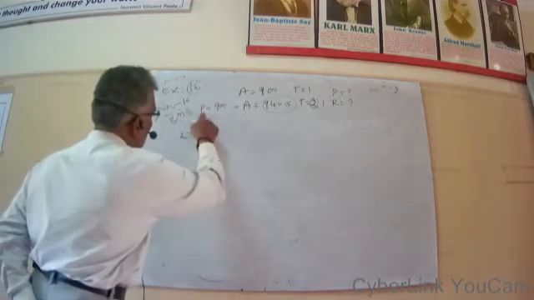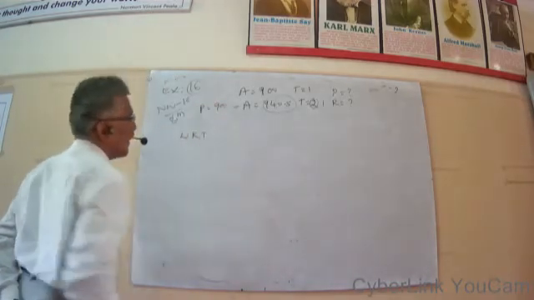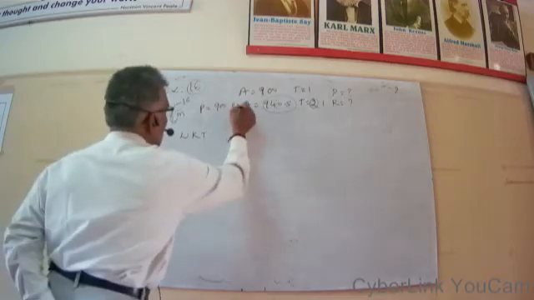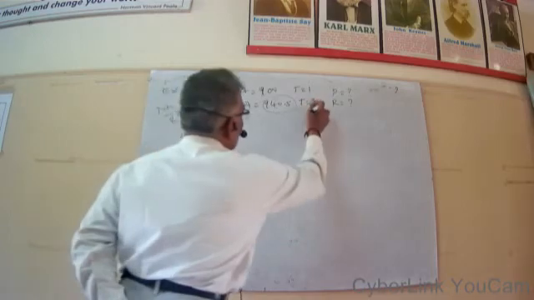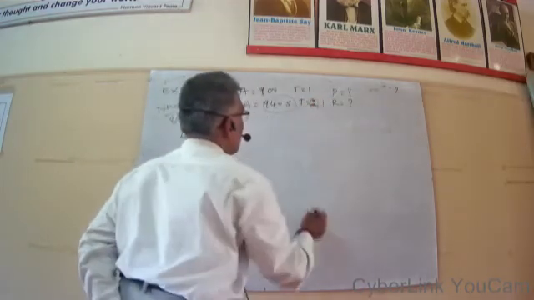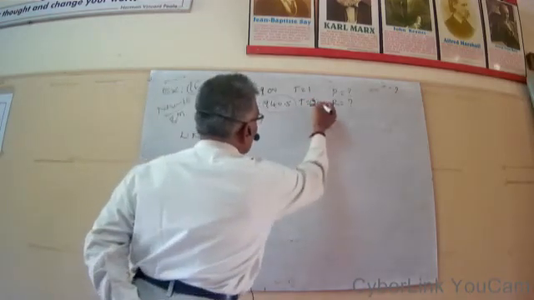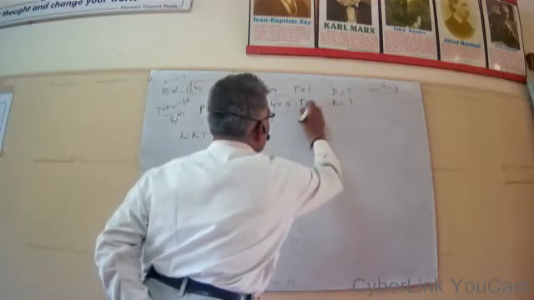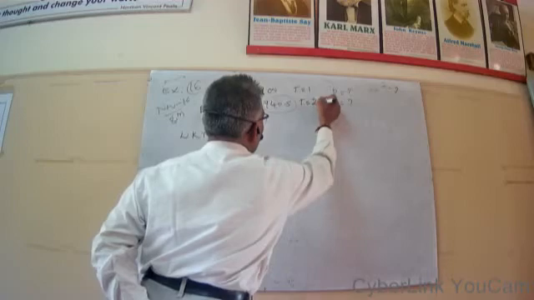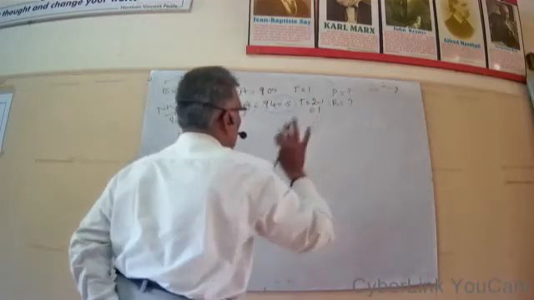So for the second year, principal P equal to 900 and A equal to 940.5 and T equal to, after the end of 2 years, so this becomes 2 minus 1, that is equal to 1. So T equal to 1. T equal to 2 minus 1 equal to 1 year. R is to be determined.